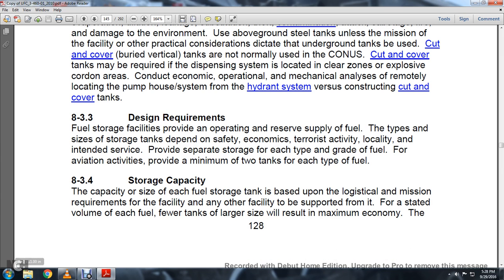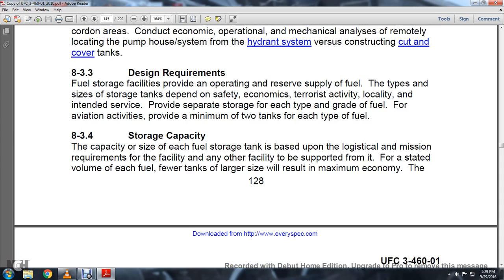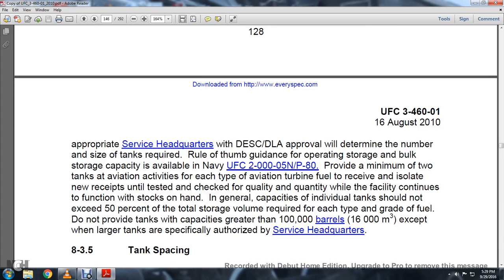8.3.4 Storage capacity. The capacity size of the fuel storage tank is based upon the logistical mission requirements of the facility, any other facility that would be supported from it, and the volume of each fuel. Fewer tanks of larger size would result in the maximum economy. The appropriate service headquarters and DESC DLA approval are required to determine the number and size of the tanks, using rule of thumb and guidance on operations stored in bulk. Storage capacity is available for the Navy